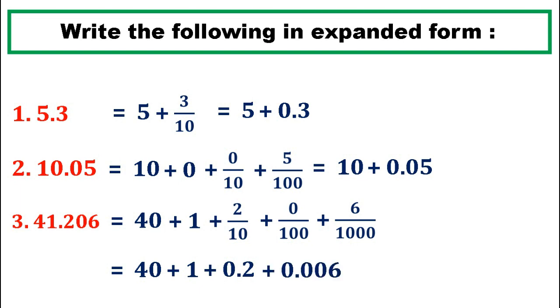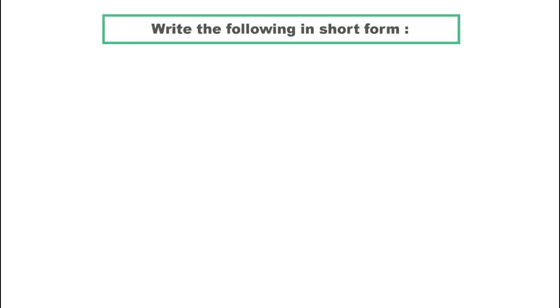Next, we are omitting the decimal fraction 0 by 100 and we are writing the next, which is 0.006. That is, the decimal fraction 6 by 1000 is converted into decimal form and we get the answer as 0.006. So, the expanded form of 41.206 is 40 plus 1 plus 0.2 plus 0.006. Now that we have understood how to write the expanded form of a decimal number,